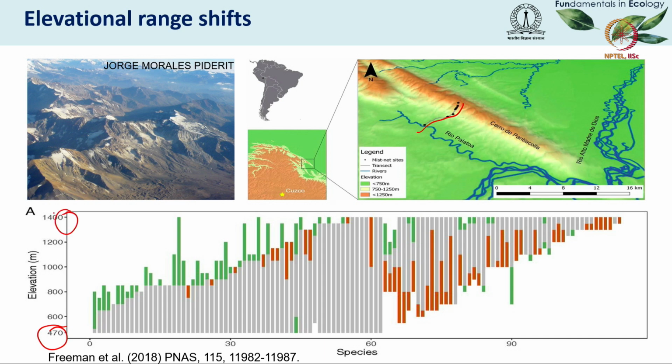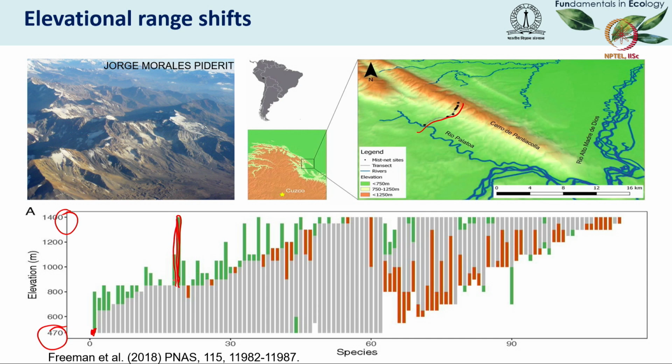And so you can survey that elevational gradient and then ask, where are species found on that elevational gradient? So species 1 historically was a low elevation species found around 470 meters. So the grey bars are historical elevational ranges. These sites were then resurveyed in the 2010s, and people ask, how have the elevational ranges of species changed? And actually there are a lot of species that now have expanded the upper limit of their elevational range, moved